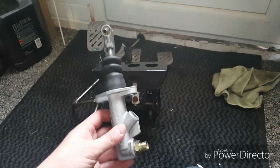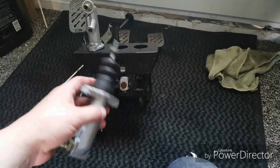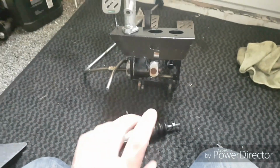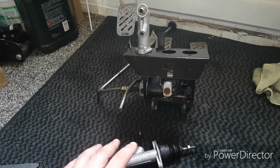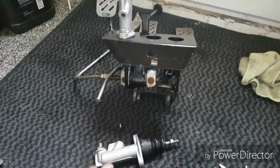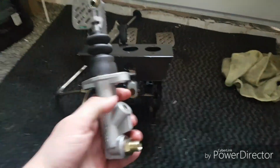Okay, so we got that one off. You basically just, don't want to leak it everywhere. You basically just twist it until it comes out the thread on here, on this. One thing to mention, normally you would have a smaller master cylinder for the front, because there's less distance to travel with it, isn't it? But we've got a direct replacement, which is